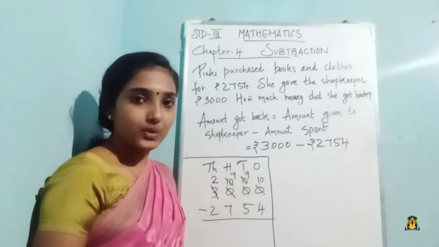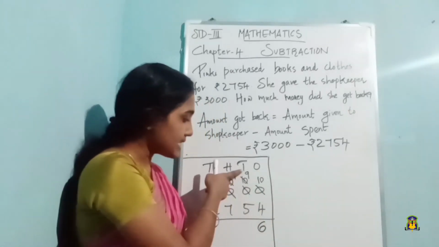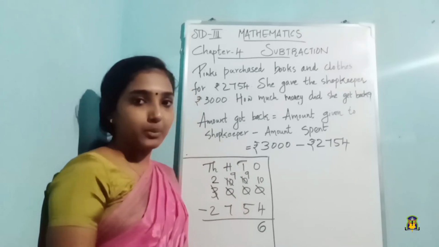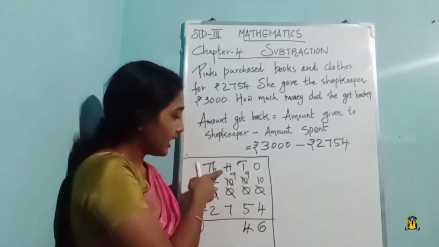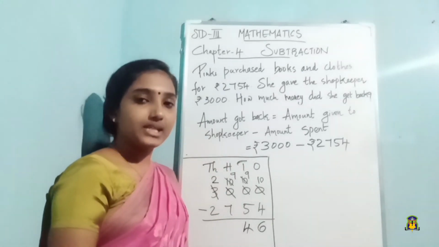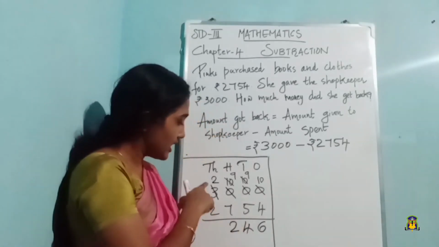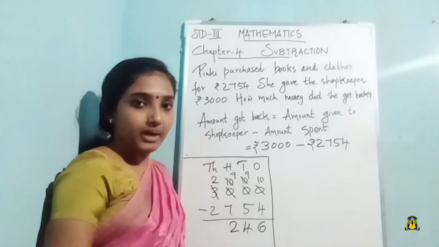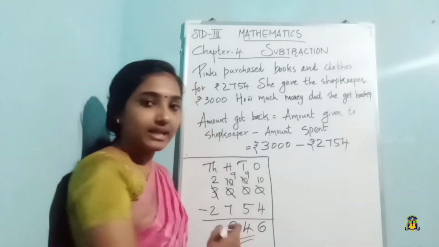Okay, so now in ones place it's 10 minus 4. 10 minus 4 is 6. So it's 6 here. Tens place it's 9 minus 5. 9 minus 5 it's 4. And in hundreds place it's 9 minus 7. 9 minus 7 it is 2. It is 2 here. And in thousands place it's 2 minus 2. 2 minus 2 is 0. So we got the answer as